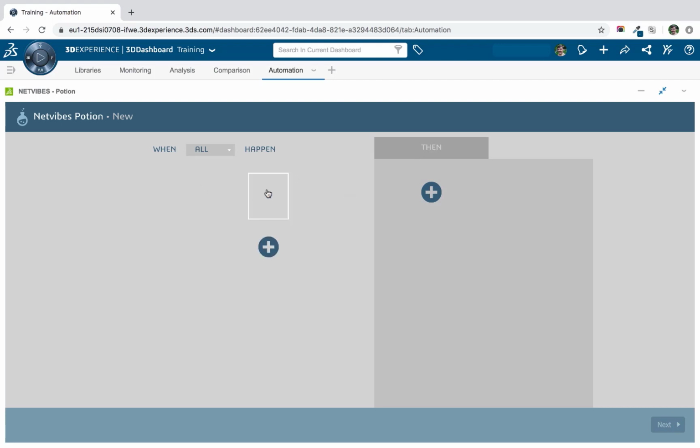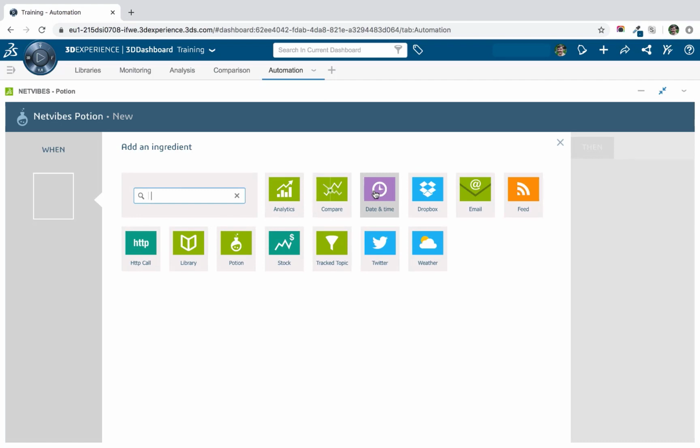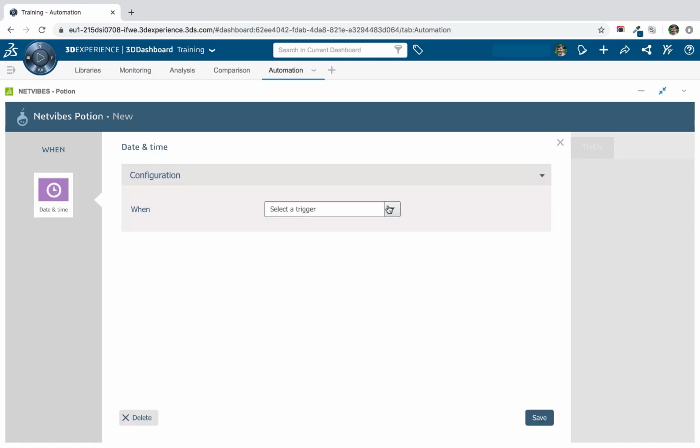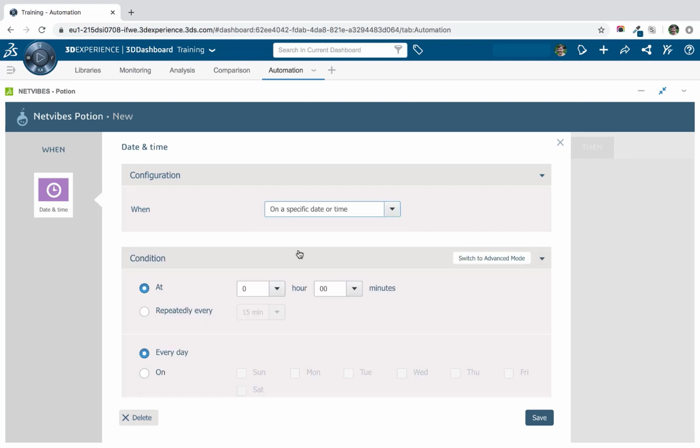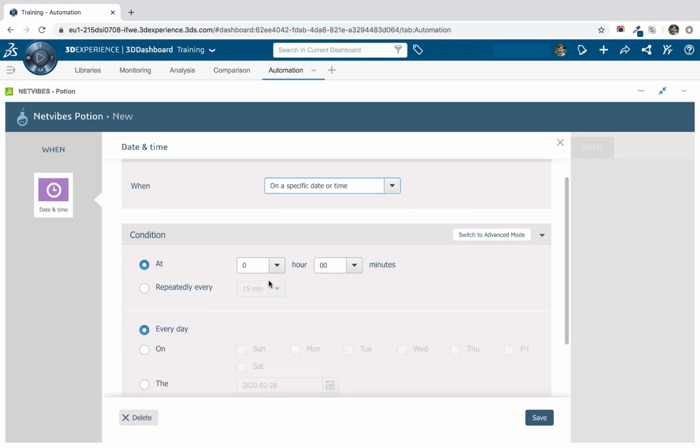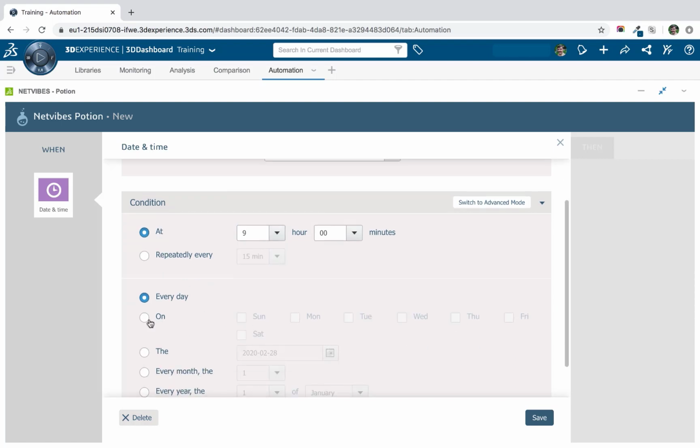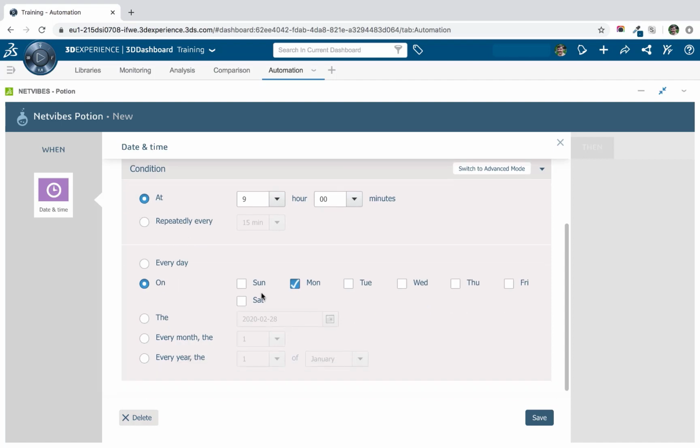So I would take the date and time input ingredient. And because we want this to be triggered purely from the date and time ingredient, we'll do on a specific date or time. And then we'll say at a certain time. So we'll say at 9 a.m. on Mondays. But as you can see, there's a number of different options if you want to just do the first of the month on a specific date. Once per year, you have a number of different options, but we'll do Monday at 9,